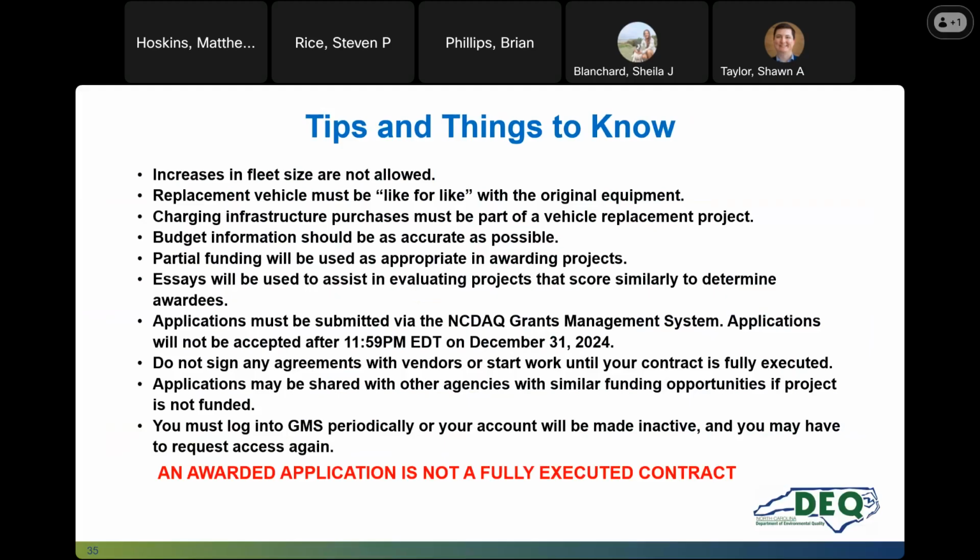Infrastructure we can fund as part of a vehicle replacement project, an EV vehicle replacement project. No standalone infrastructure. Make sure your budget information is accurate. We are taking the budget information from the spreadsheet, so on a vehicle level, those should be accurate. And obviously all of those funds in the spreadsheet across the row should add up to what goes in the